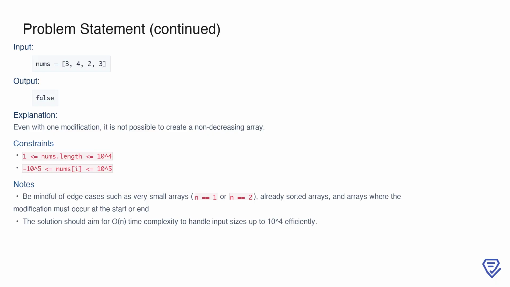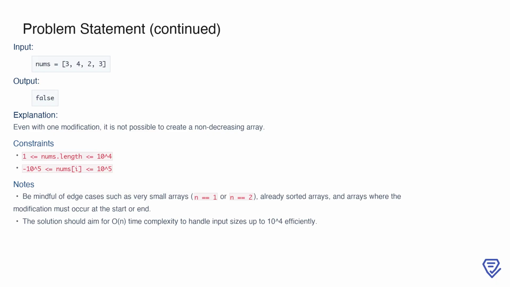Finally, let's consider the constraints to better understand the problem's scope. The length of the array can range from 1 to 10,000, and each element can have a value between negative 100,000 and positive 100,000. This means we need to handle both small and large arrays efficiently. Additionally, edge cases are important to keep in mind, such as arrays with only one or two elements, arrays that are already sorted, or cases where the modification must happen at the beginning or end of the sequence. Since the array length can be as large as 10,000, an efficient solution with a time complexity of O(n) is